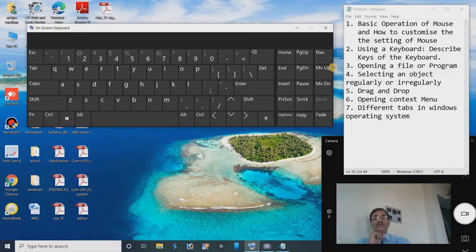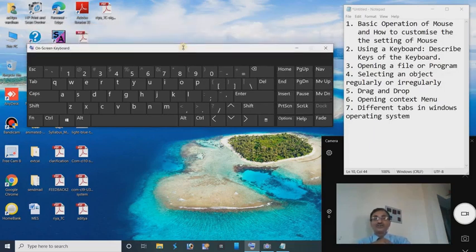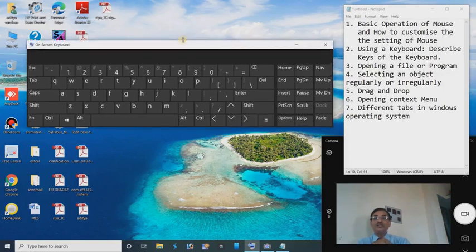So this is the method to change the size of the window. How? Bring the mouse pointer to the edge of the window, and when the pointer changes, this is called a double-headed arrow. Two side में देख रहे हो arrow है इसमें, that's why it is called a double-headed arrow. When the pointer changes into the double-headed arrow, hold down the left mouse button and drag the pointer toward the inner or outer direction.